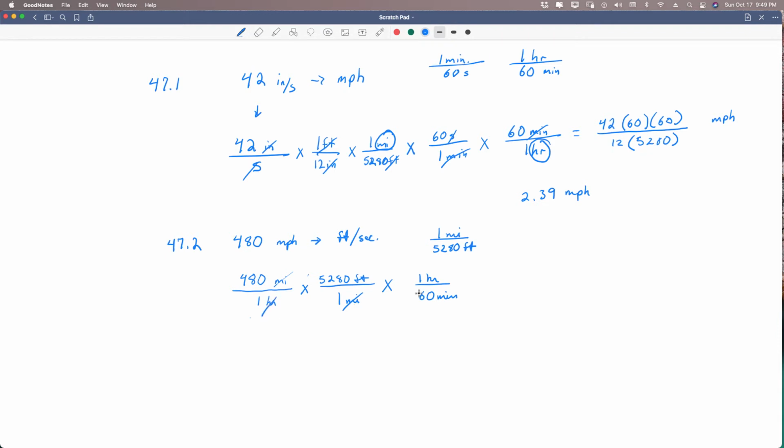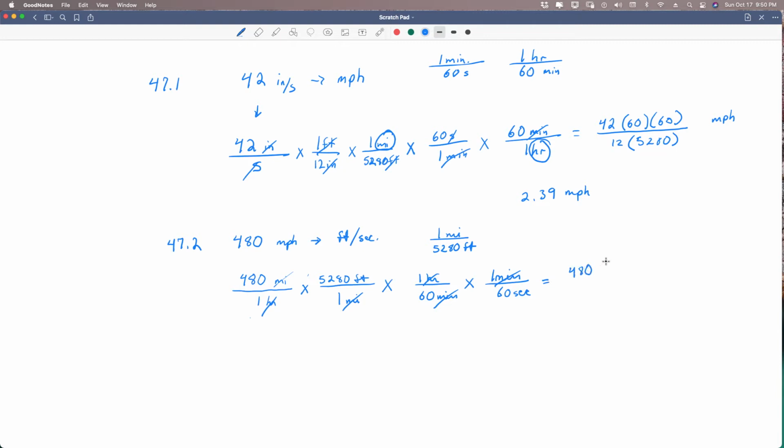So hours cancels. Now we need to go to seconds. So from minutes to seconds. So we'll put minutes in the top. So 1 minute up here and 60 seconds down here. So now minutes cancels. So now we have